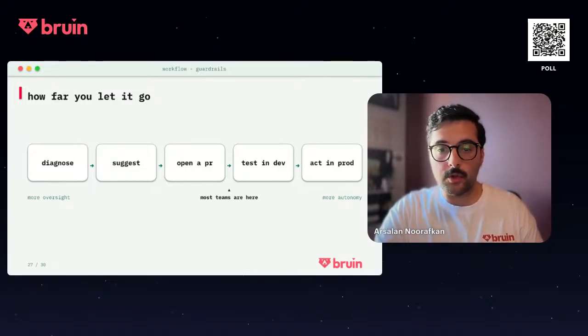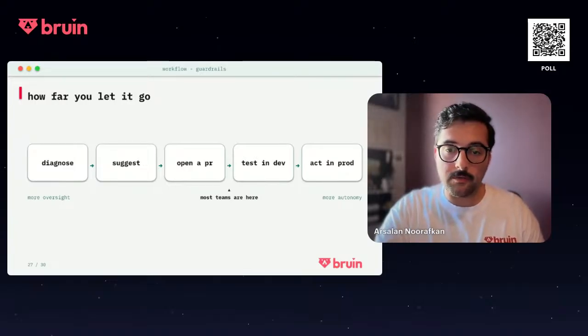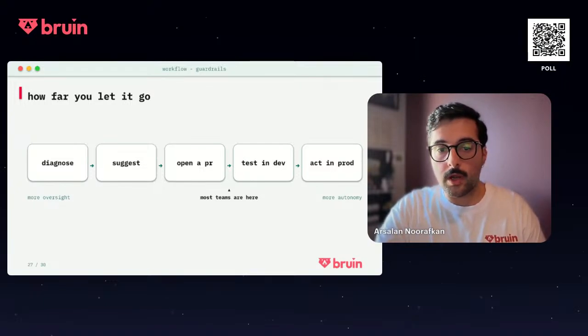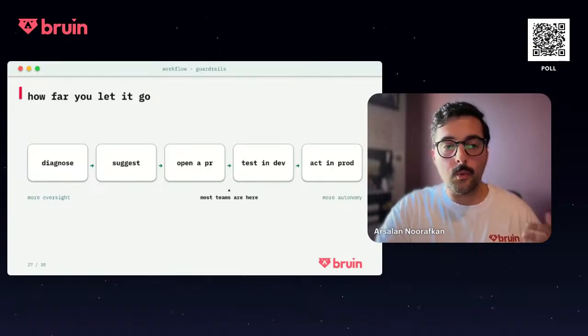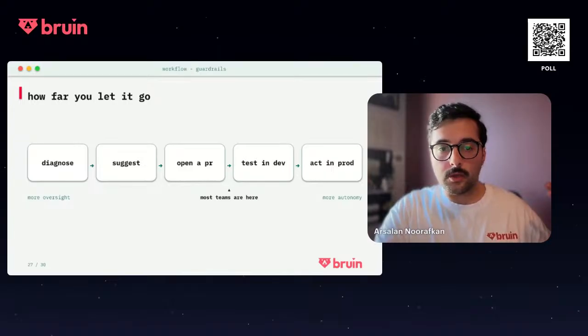The next step would be to allow the agent to have access to your development environment and actually test things there, and then finally let the agent read your production logs and actually handle something. Not every failure requires a code change. Sometimes, say the data was delayed and the ingestion failed because it waited so long and the retries weren't good enough, you want an agent to just wait, say 30 minutes or 1 hour, make an API call, see that the API is back up, and then trigger the